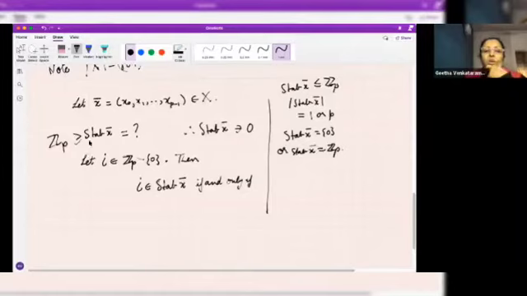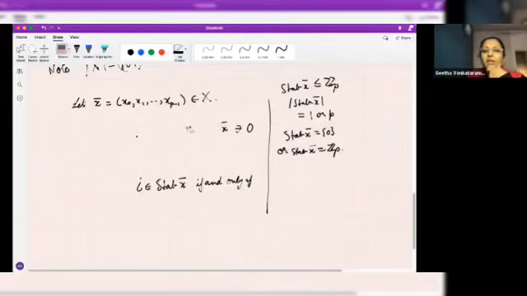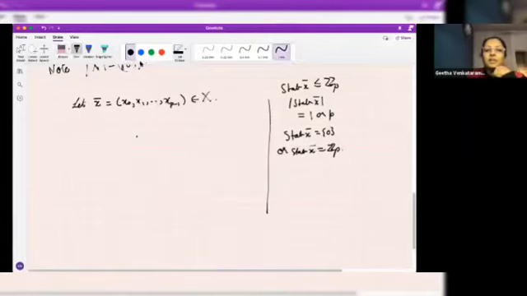Right? So in a way, let me state this question in a better way. What I'm saying is, I'm asking what are the X bars, if at all, for which the stabilizer can be the whole of Z_p. What X bars will have